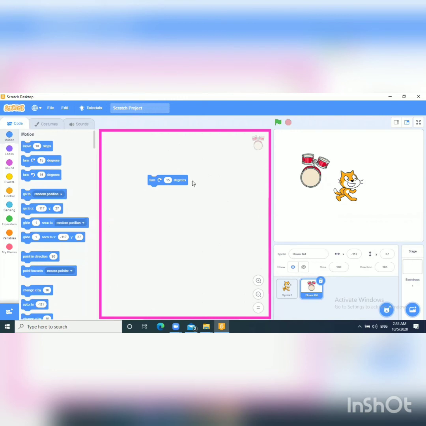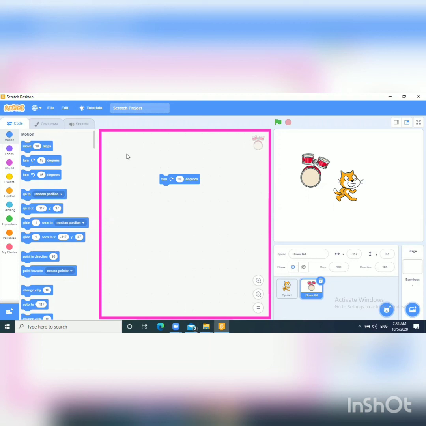It is basically used to create our program. For example, I am changing it here to turn 90 degrees. When we click on it, you can see this drum is turning. So it will perform the action in the stage area, but we place our blocks of code in this script area.